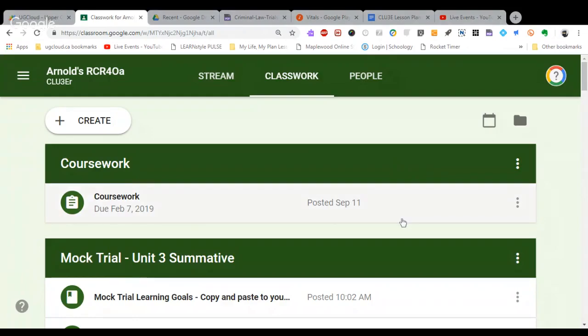Awesome. So today, everybody, you need to be on the classroom page, and specifically, you need to be on the classwork part of the Google Classroom page for workplace law. We are looking at the Unit 3 summative, specifically two main parts of your summative, and that's the opening statement if you are a lawyer,